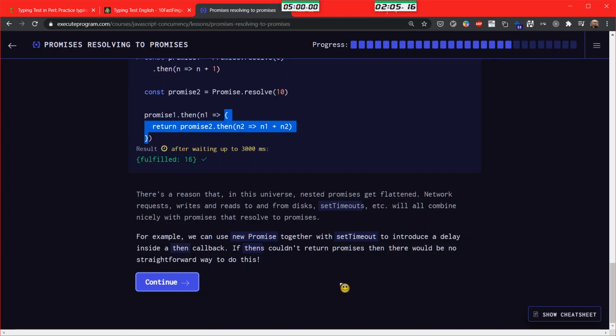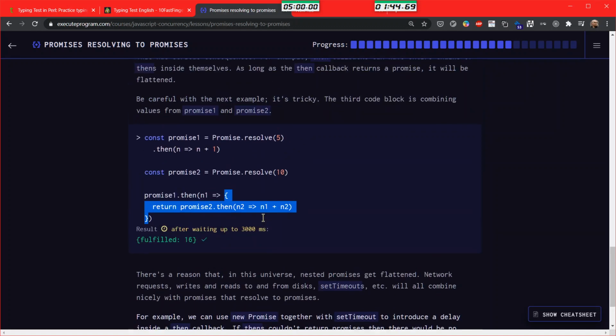If thens couldn't return promises, then there would be no straightforward way to do this. What do you mean? We can use new Promise together with setTimeout to introduce delay inside of a then callback.